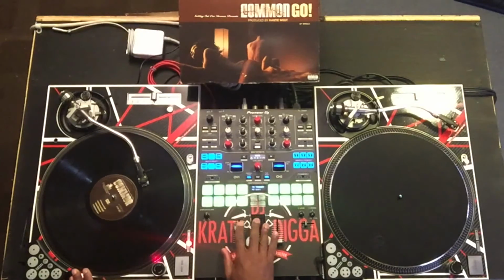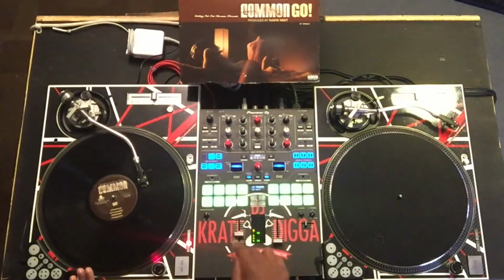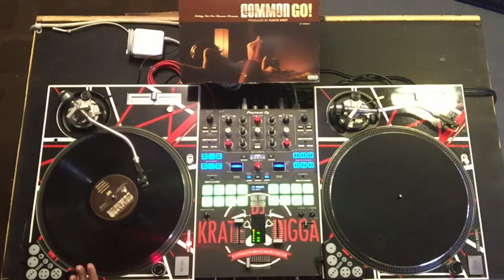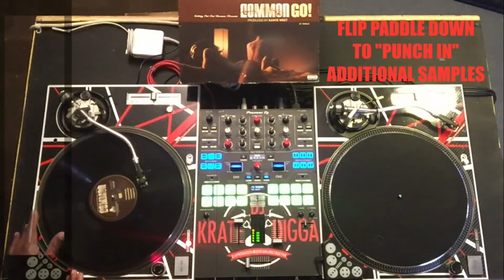Now, the magic of what we're about to do is that we can kind of punch in other things to go along with that. But we got to remember, anything we send in stays in. So if we mess up, we can't take it out without taking everything out. So in the verse, I'm going to just grab one of these words out of the verse. Now when we bring it in, instead of flicking the paddle up, we're going to snap the paddle down just to get that little piece that we want. Because if we flip the paddle up, we throw everything off. So when we come back into the verse,